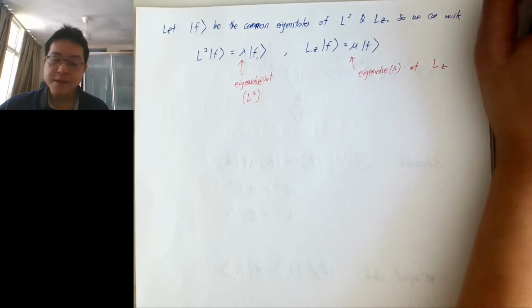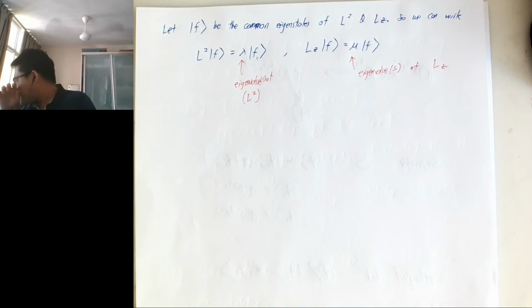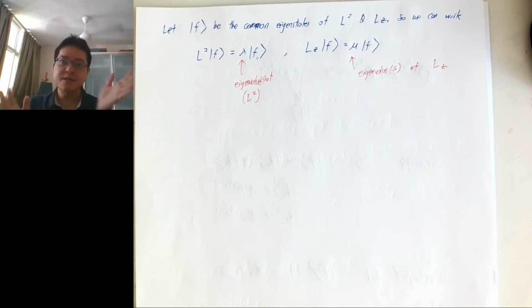Eigenstate here means what? It's just the eigenstate where, if you act with the momentum operator, then you get the... excuse me. If you act on the momentum operator,